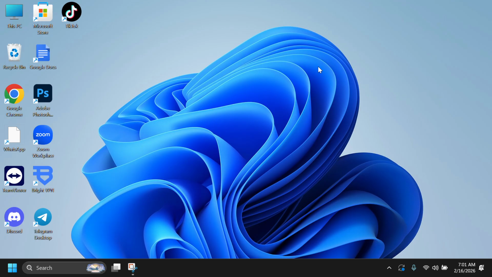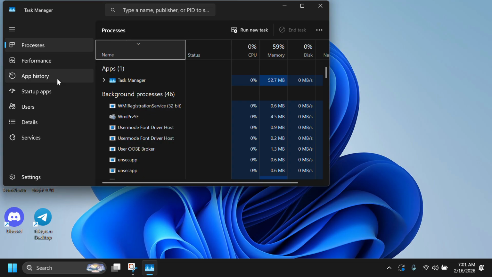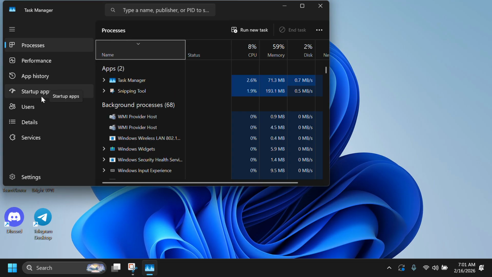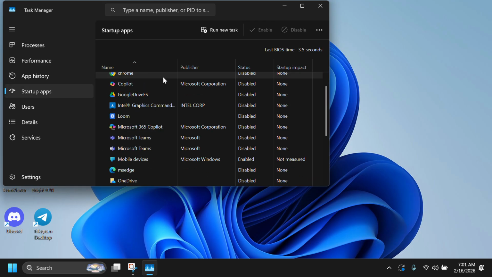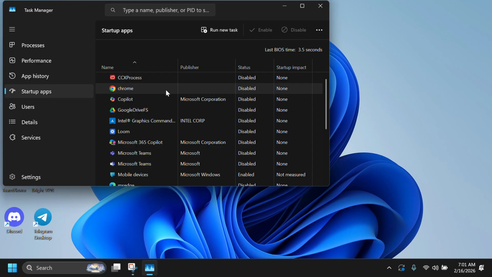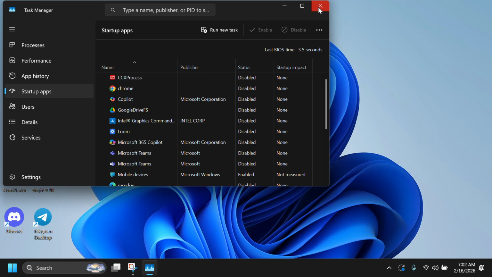And then you are going to click this. You are going to press Control Shift Escape and it will open the task manager, and after that you have to go on startup apps, and then you are going to see the apps which are enabled which are launched when you start up your PC. So you have to disable the apps which are unnecessary, like I have disabled, and then you are going to